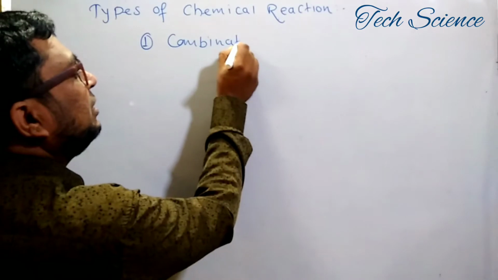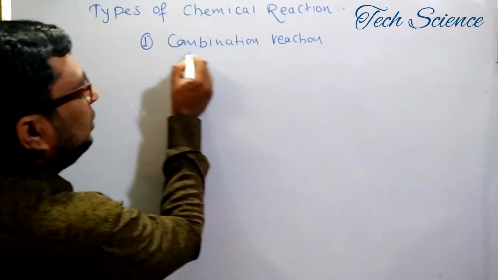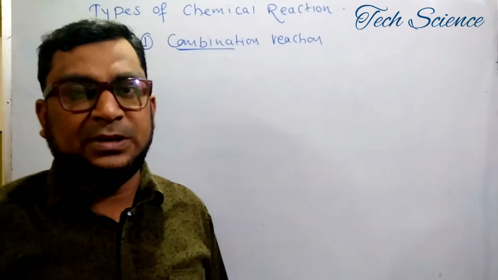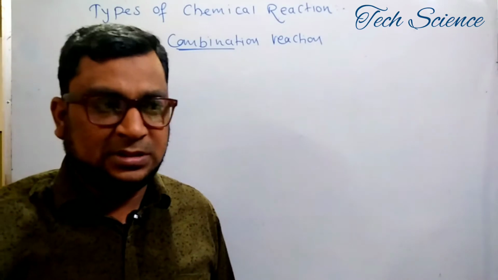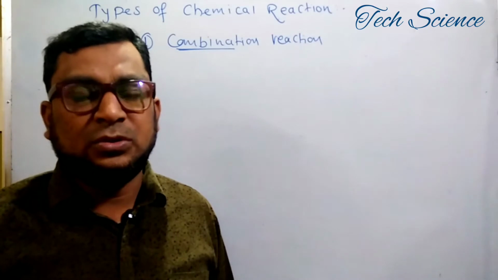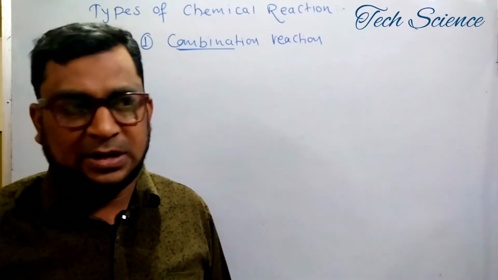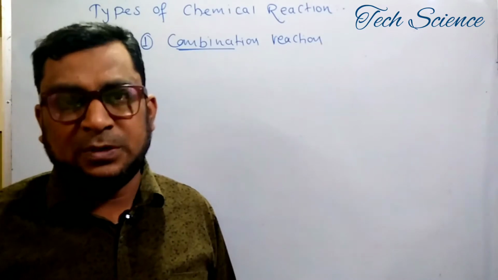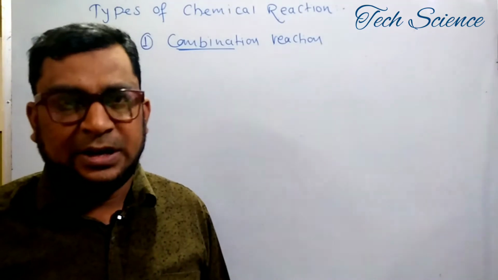In this combination reaction, if you observe, the word is combine. From this word, the word combination has been derived. It means that here two things are there. Let me repeat what I discussed in the last lecture. What is the meaning of reactant and product? Those elements which take part in a chemical reaction, or between which the reaction occurs, are termed reactants. And after the reaction between these elements, a new product is formed. It is called the product.